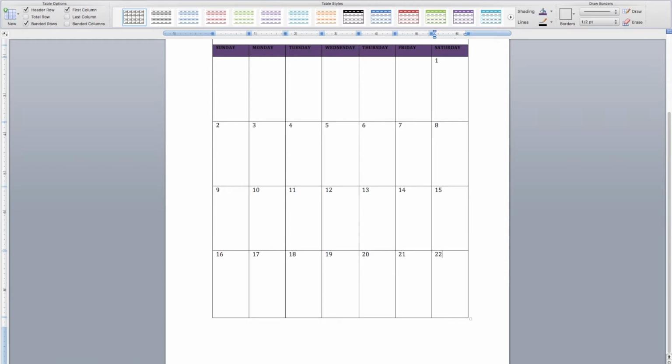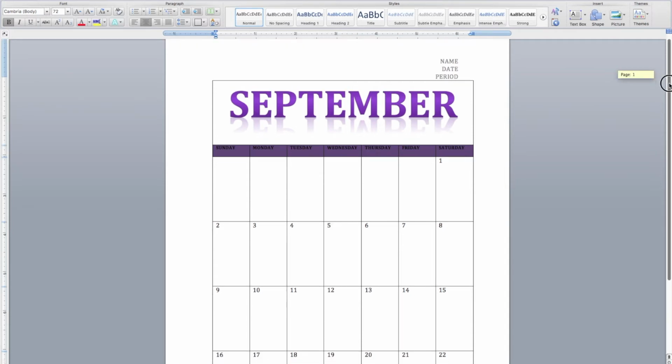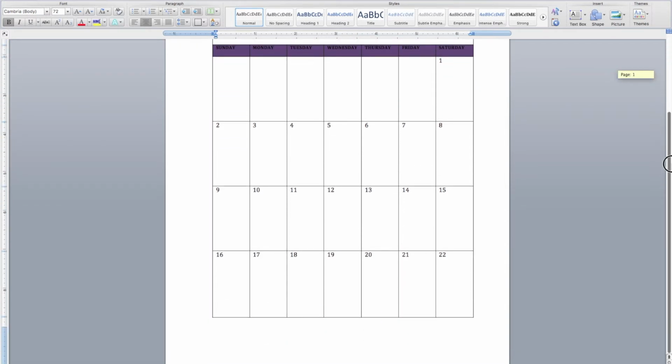Okay, this is perfect. So now there's a whole 2 weeks that need to be on there again. There's a whole week missing and 1 day, so really it's like 2 weeks. So we need to add to our table. So now what we want to do is add 2 more rows to the bottom of our calendar so we can fit all of our days in. So all we need to do is click inside of one of the cells on the last row of our table,